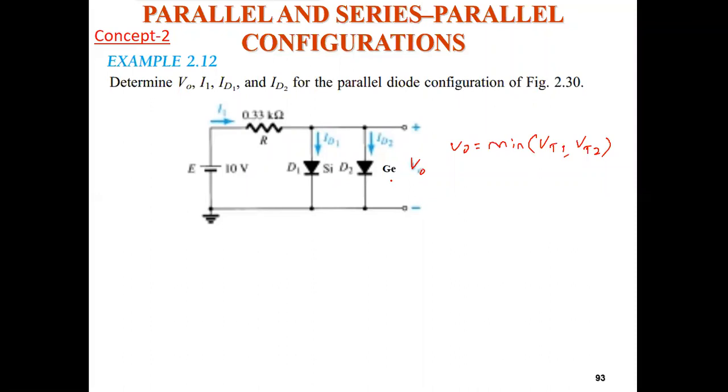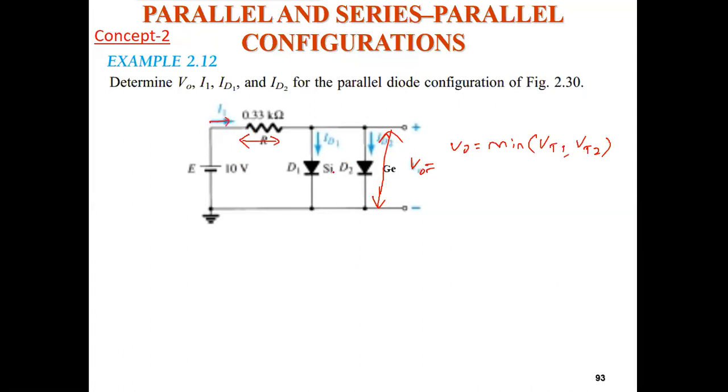Minimum of V1, सबसे जो मिनिमम है, वो ये होगा तुम्हारा आउटपुट वोल्टेज. तो once you get this output voltage V0, after that your all calculations are same. Because you got this thing, this voltage VR will be equal to 10 minus this V0. Okay, then you can calculate your I1.